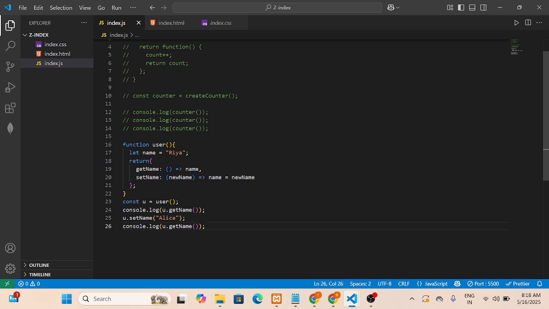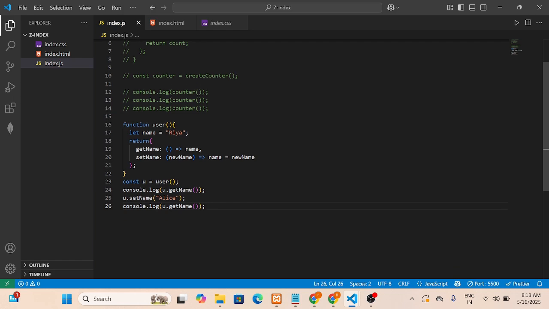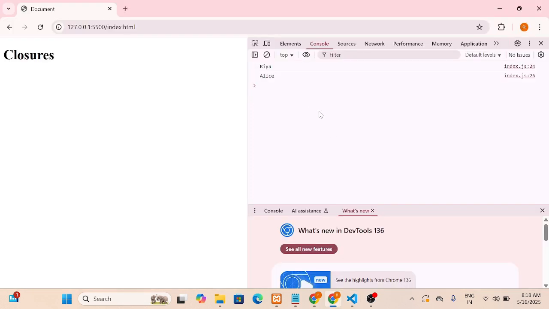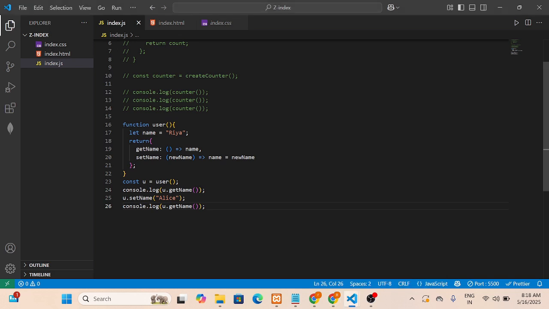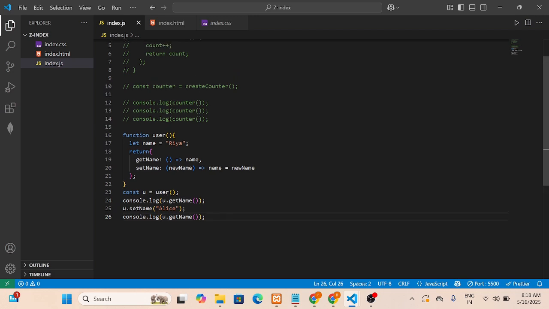Okay, so now what output will we get? First of all Ria and then Alice. Ria and Alice. So what is happening here? Name is private, accessible only through the returned functions due to closure. So that is, we can say, a real life example.